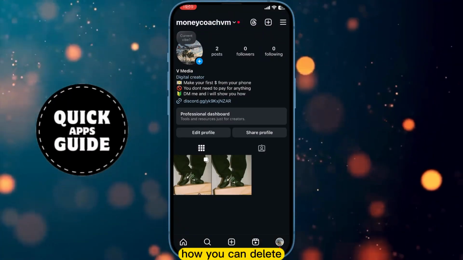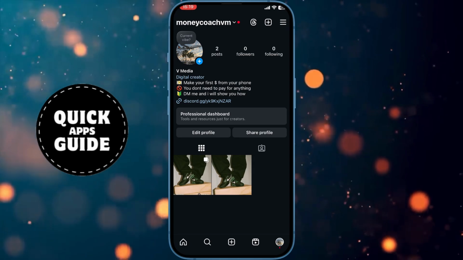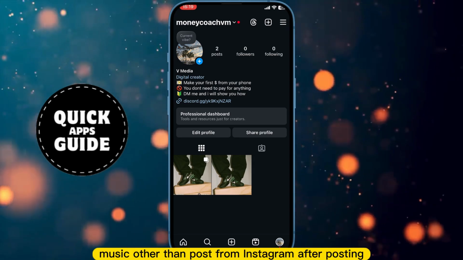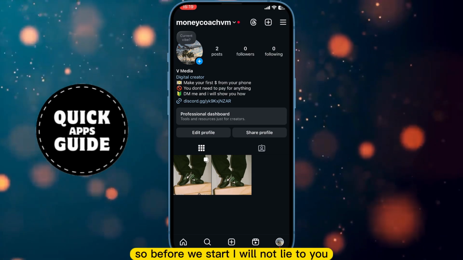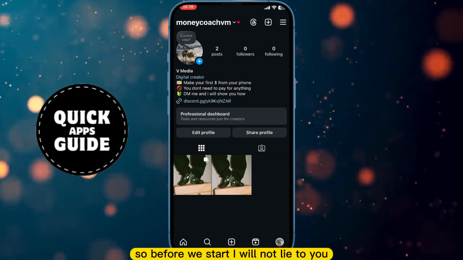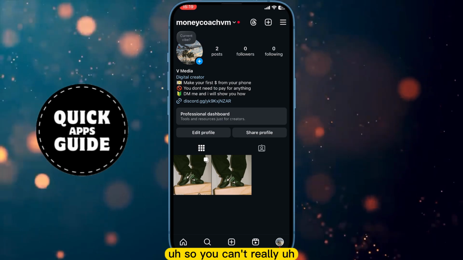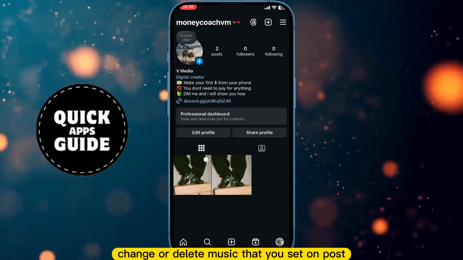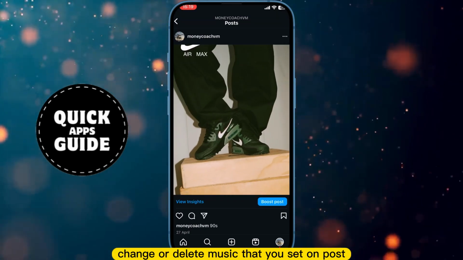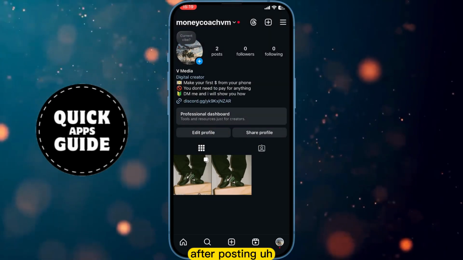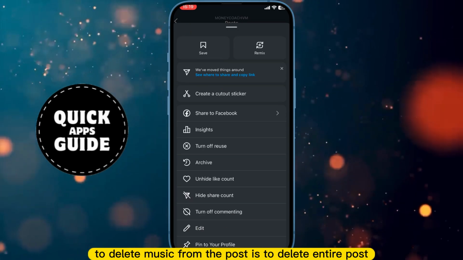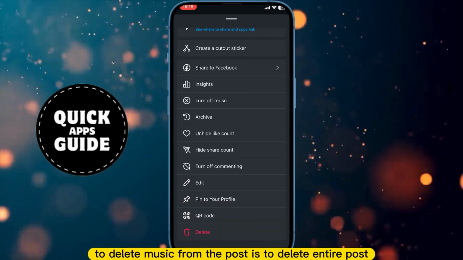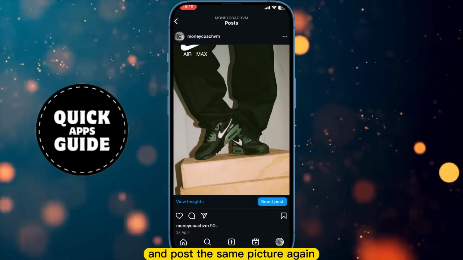How you can delete music added on post from Instagram after posting. So before we start, I will not lie to you. You can't really change or delete music that you set on post after posting. The only way to delete music from the post is to delete the entire post and post the same picture again